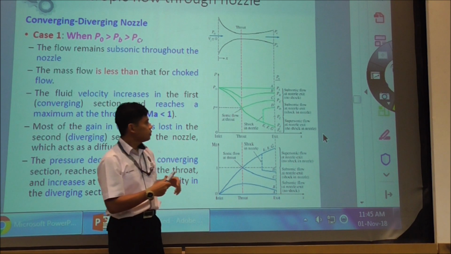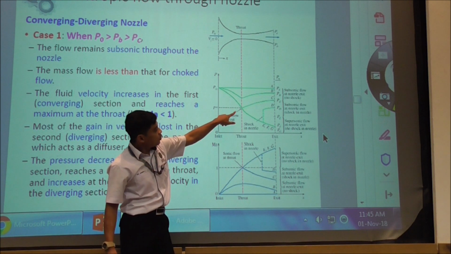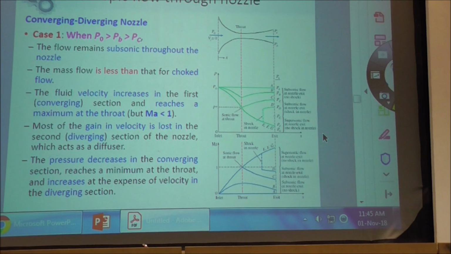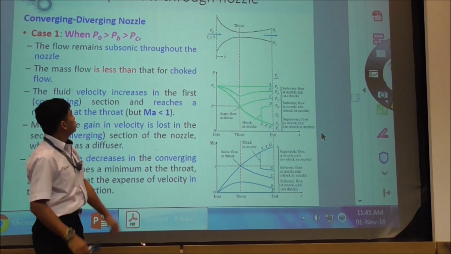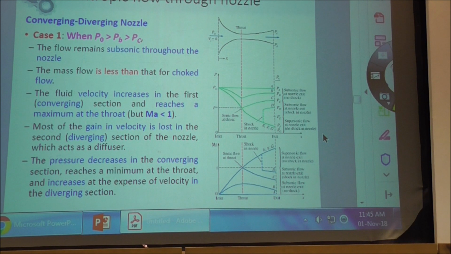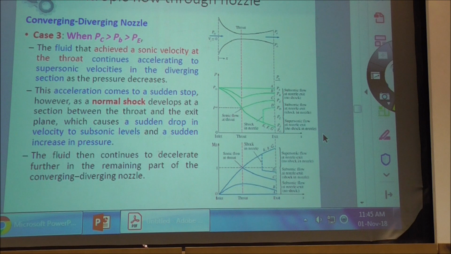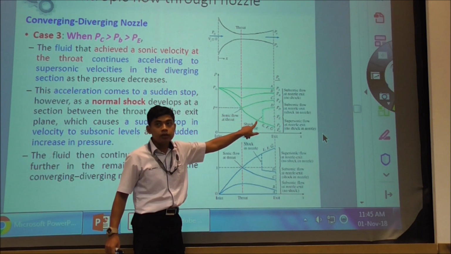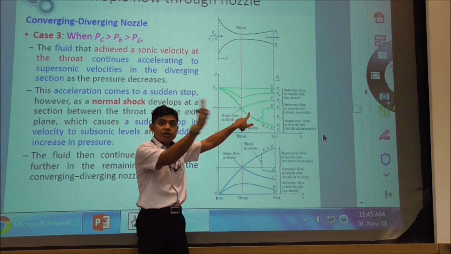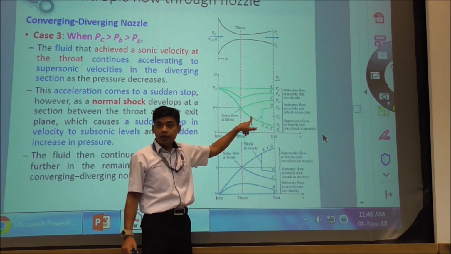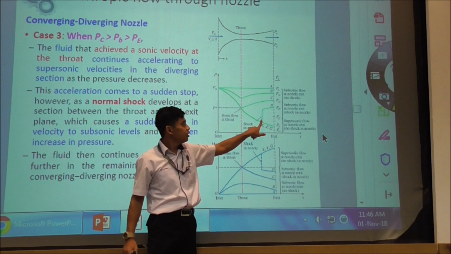Okay? If you reduce it further, if you reduce the back pressure, the pressure here, when you reduce it further, then you will reach a sonic flow and supersonic flow in the diverging part. You will reach a supersonic flow nicely, then suddenly